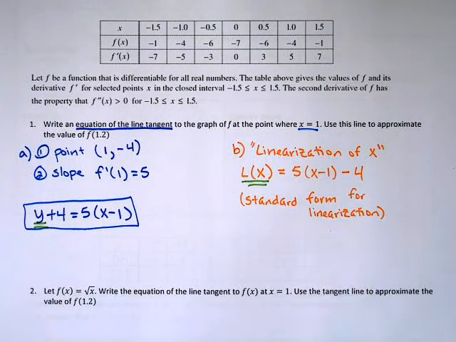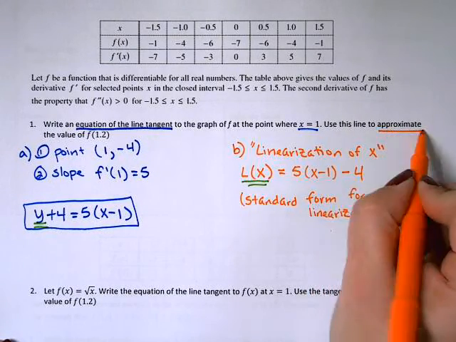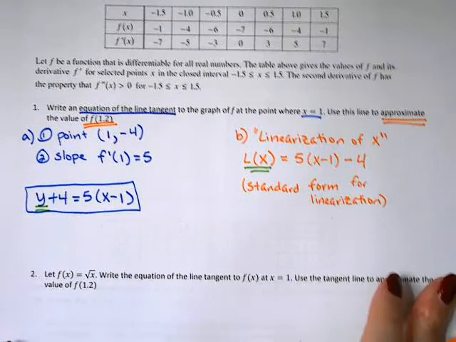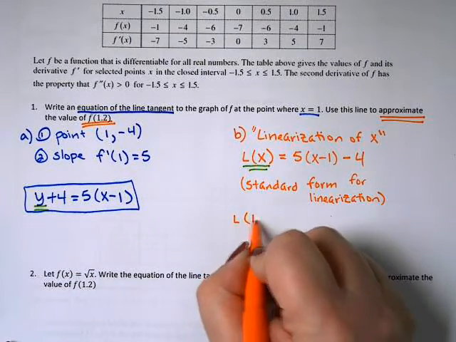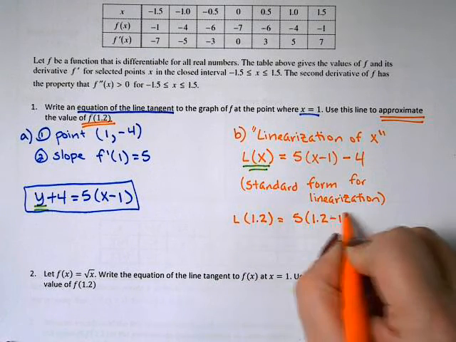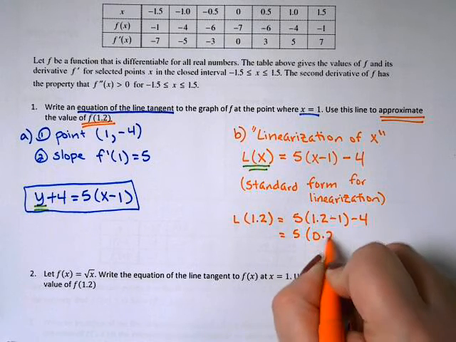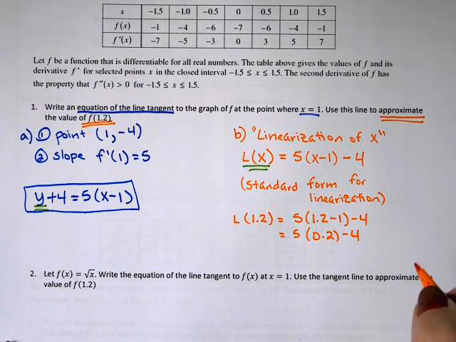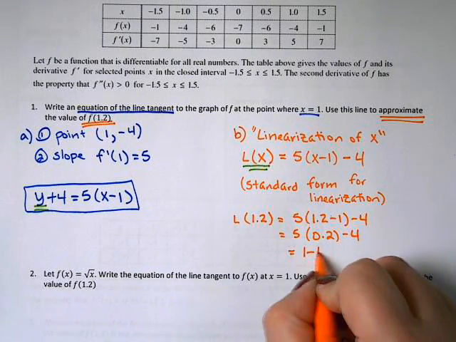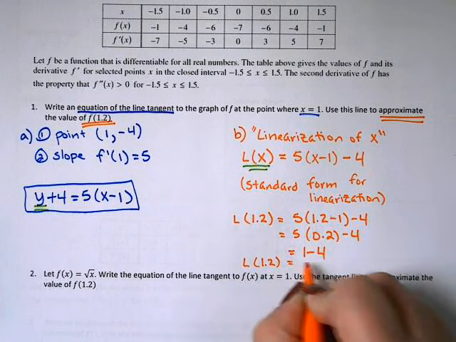All right, well now we're going to actually do what the question asked in this second part, which is use the line to approximate the value of f of 1.2. So we're going to then take 1.2 and plug it into L. So L of 1.2 is 5 times 1.2 minus 1 minus 4. So let's see, we're going to have 5 times 0.2 minus 4. And we know that 5 times 0.2 is actually 1. So we have 1 minus 4, which is then going to tell us that L of 1.2 is equal to